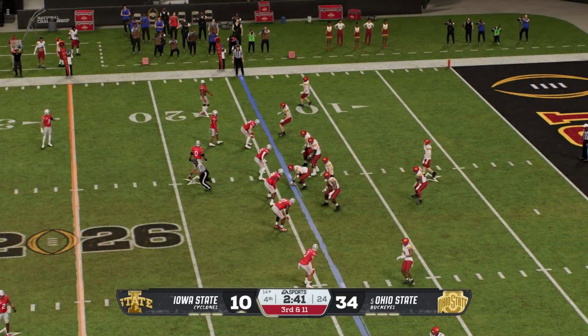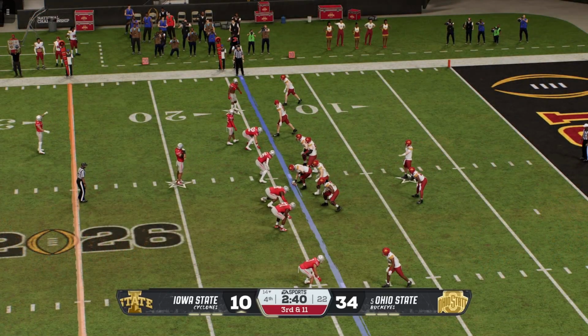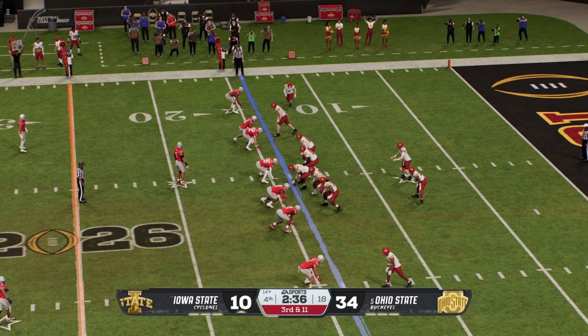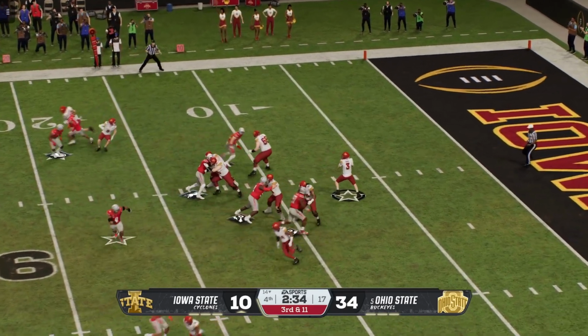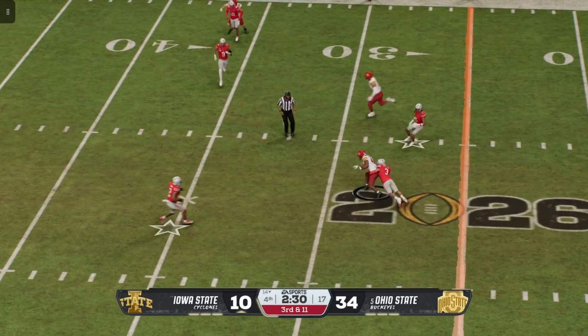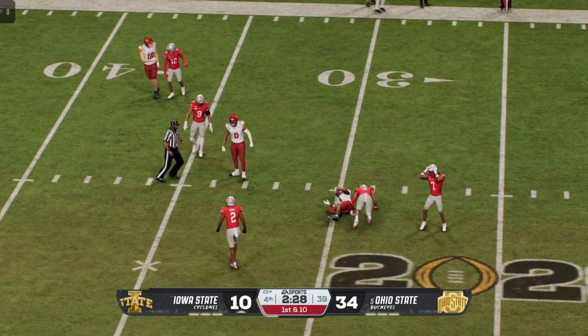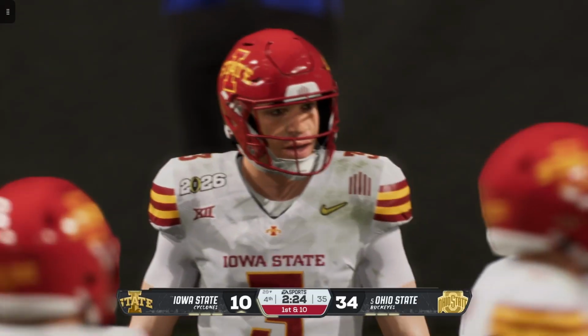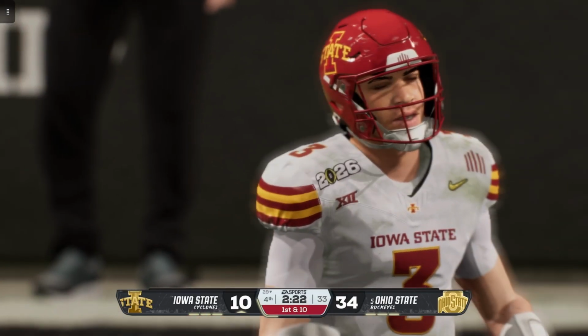Well, a serious challenge for this offense. You don't want to be in 3rd and long inside your own 20. How much of a risk will they take to try to pick up this first down? Out of the gun now on 3rd down. Lets it fly to the wideout. He's got a man down the middle. Tackle made on the play at the 29-yard line. This is a big conversion by this offense.